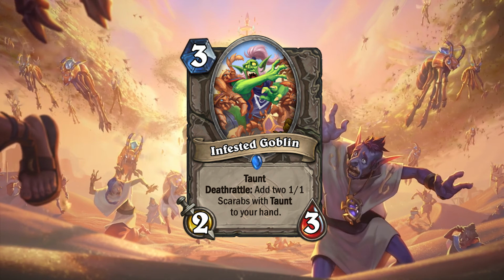They're really garbage. They're really bad. Like, they don't protect for much at all. And it's an extra 2 mana to play them. But it's 2 extra taunts for 1 card. But the thing about this compared to Stonehill Defender is Stonehill Defender may get you 1 extra card,